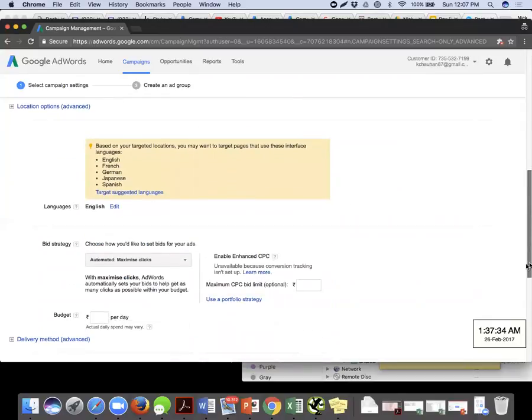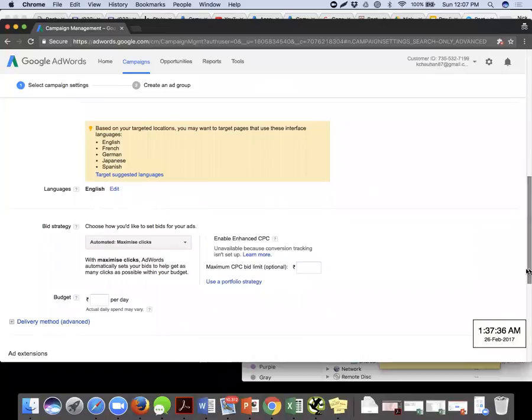The languages option, sorry. In the languages section, you can see it's also editable. And why is it saying English? We usually feel that Google is in English, but most of us are aware that Google is not providing its search engine only in English. Google has Google Hindi, Google French, and so on. So just like Google Hindi and Google English, there are multiple languages in which Google has created its search engines.